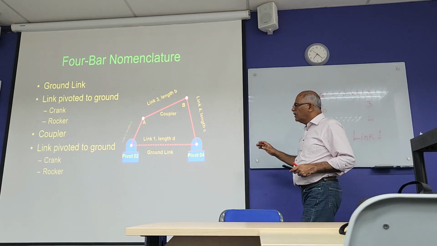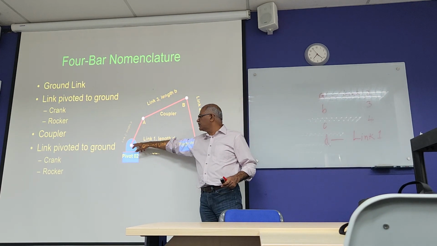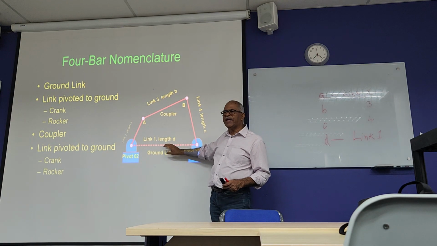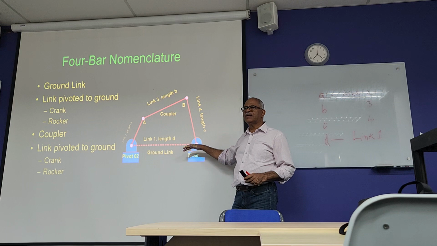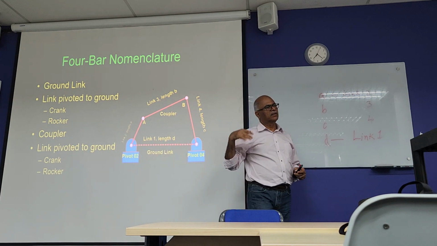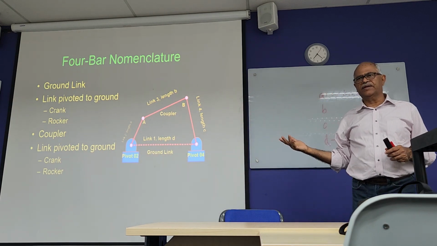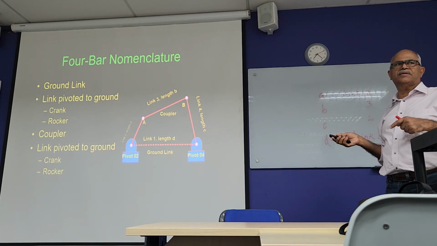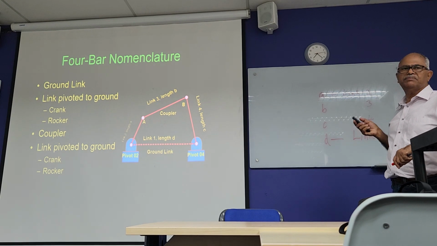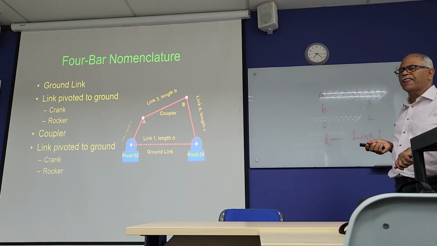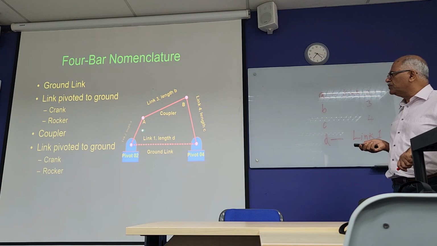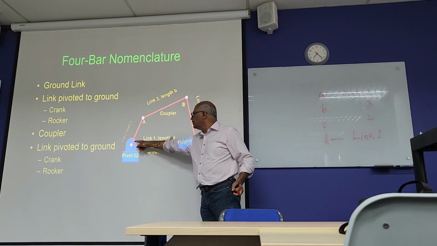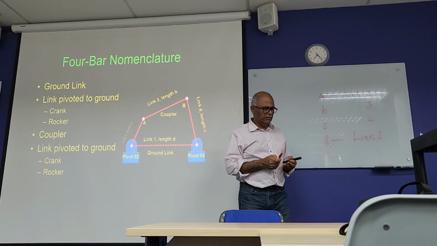Okay, so the ground link is the distance between these 2 points. So there may not be any physical link. There is no physical link, or for some mechanism there may be a physical link. But whenever we say ground link, it is the distance between the 2 points here. So the length of link 2, you can consider this as O. So normally when we write this,